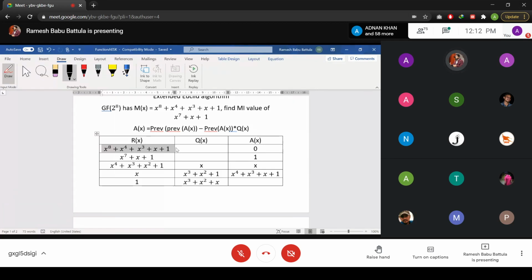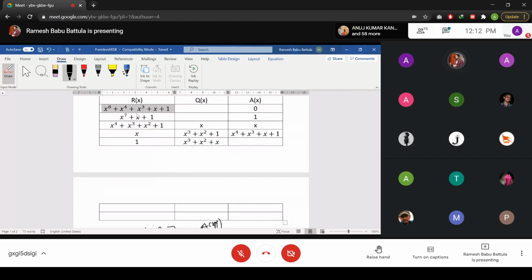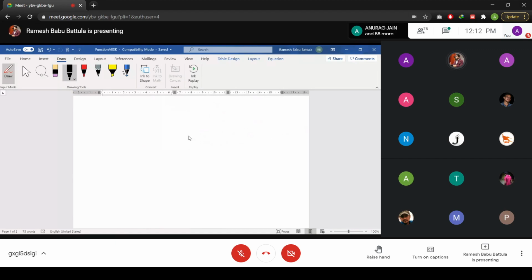Okay, so now suppose you may perform here, two values are there. How I got x is my coefficient value and my remainder value is this one. How will we perform the division operation between these two to find the remainder and coefficient values? You have to choose like this.